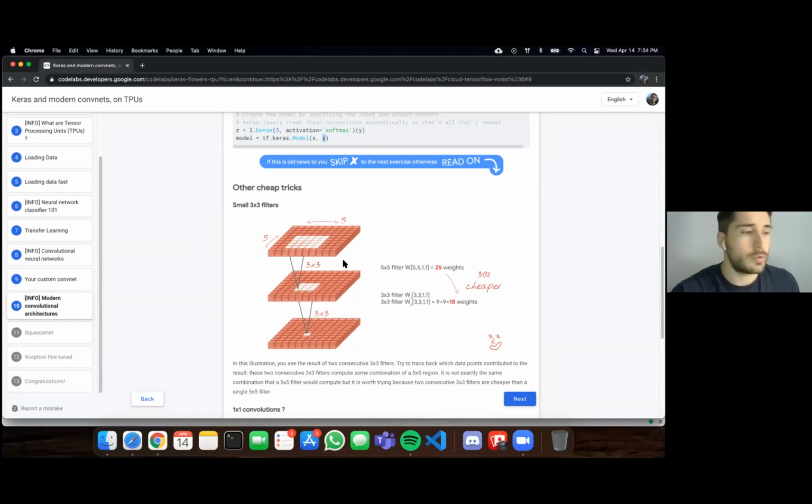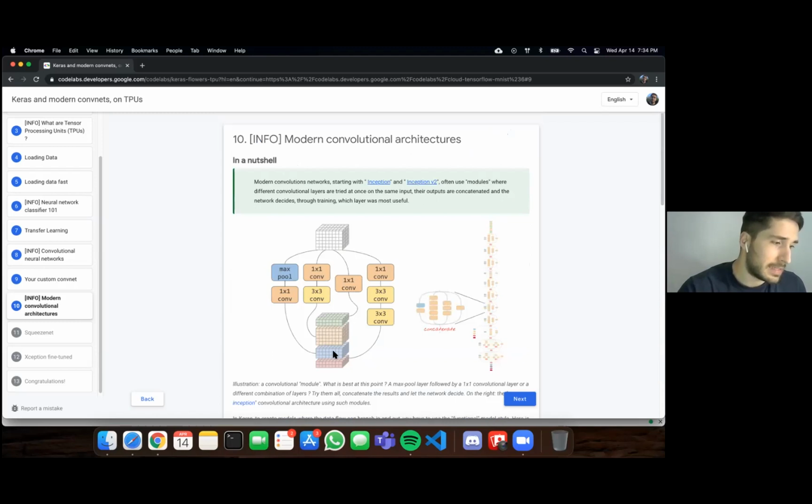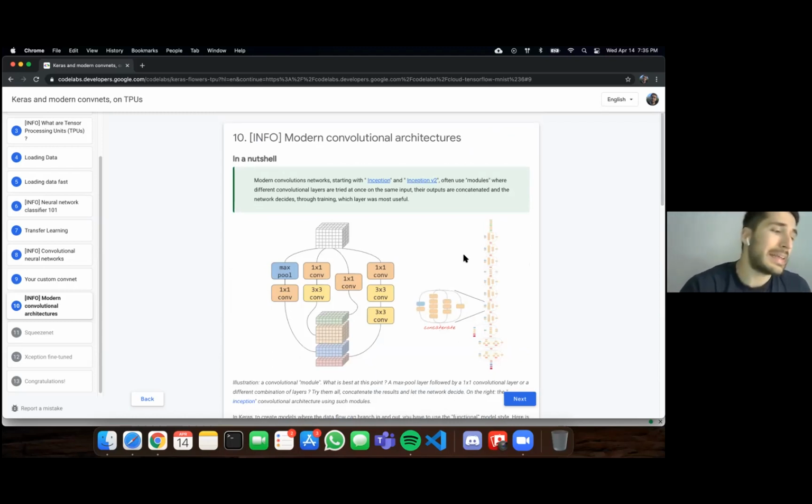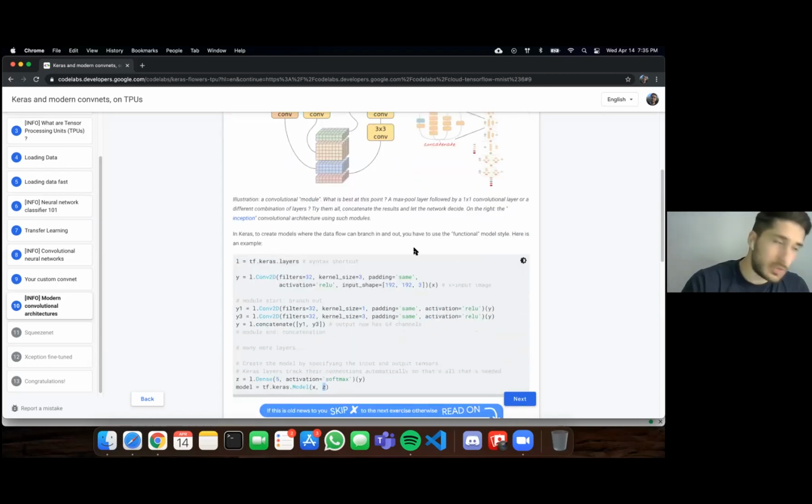You can get features from layers in the past. For example, let's say this layer was the next layer in the sequence, but you want to have information from the layer behind. You want them to connect. That's kind of how ResNet is based as well. And there are other tricks that you could do, but essentially, when you go to, for example, the ResNet paper and you read that paper,